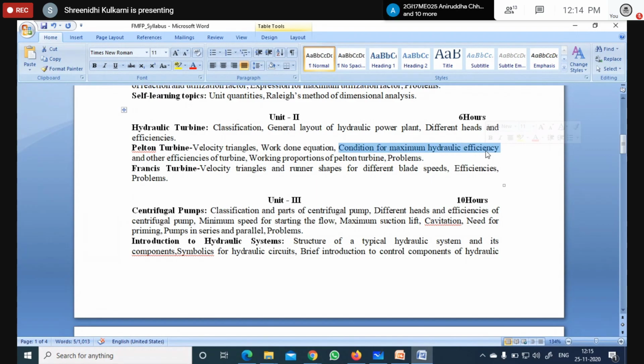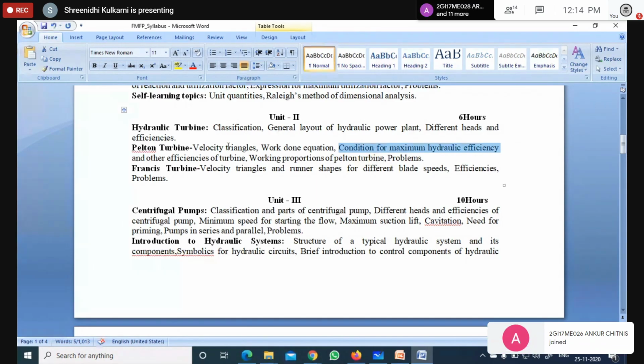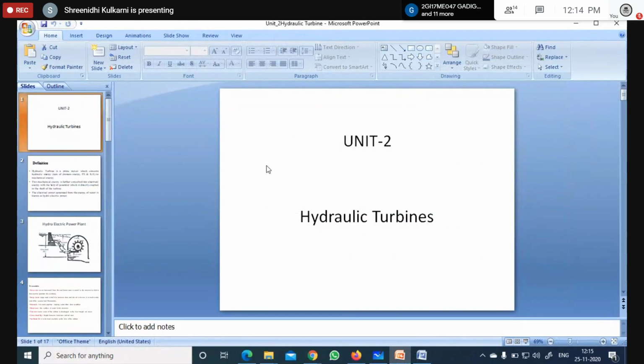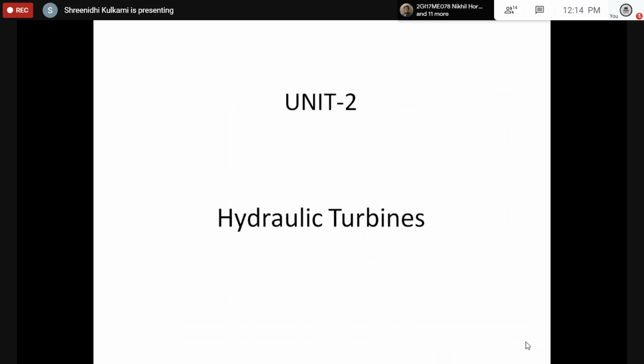So this is the syllabus of unit 2, that is hydraulic turbines. First, let us start. What are hydraulic turbines? While coming to the hydraulic turbine,